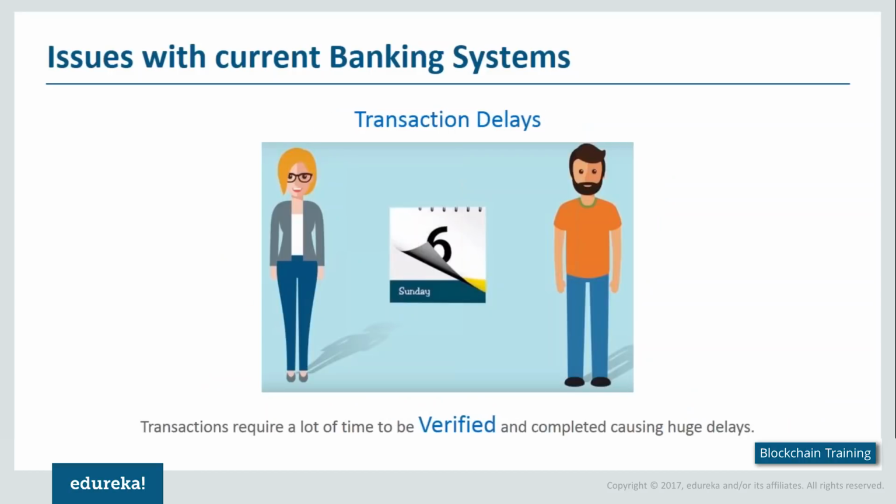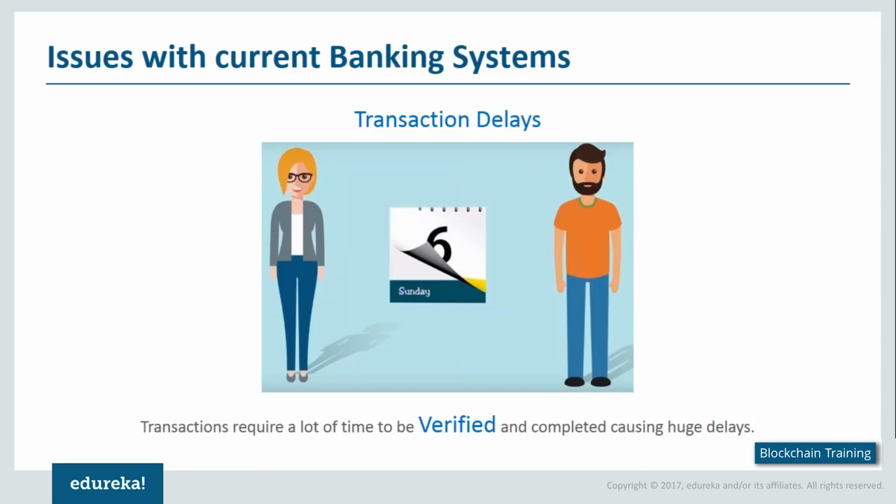Another problem is the transaction delays. There is a certain delay with respect to every transaction that we make. Now let's say you're sending money to a relative in the US, then again it takes about 2 to 3 days. Again, the earliest is almost 1 day, but then again there are certain additional transaction fees that you have to pay to get it processed faster. So the time delay that comes with respect to transactions is another major concern.